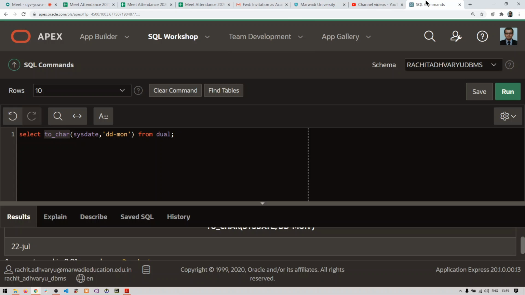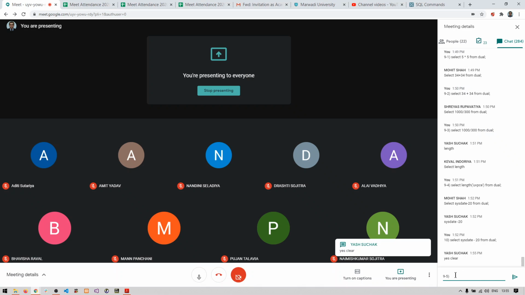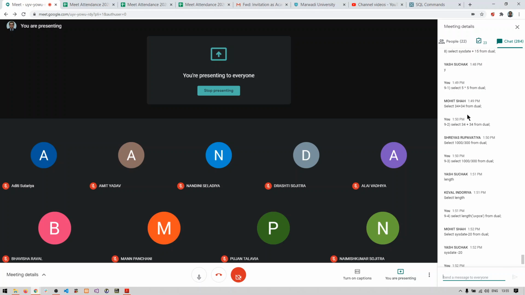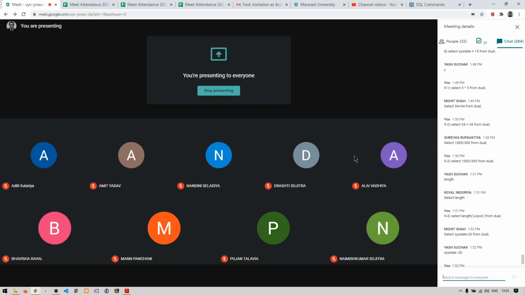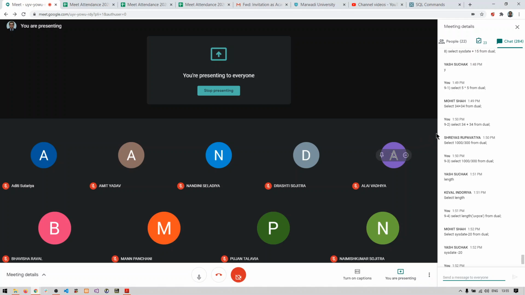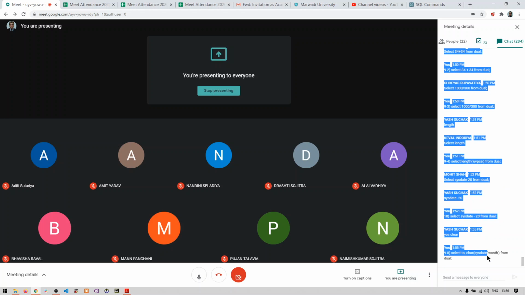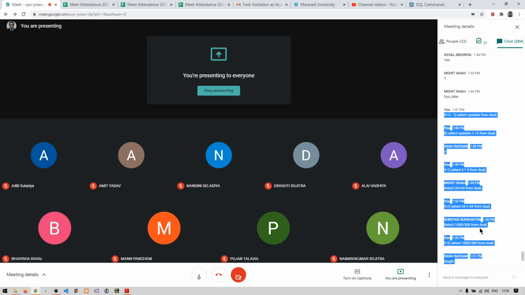Clear with this, guys? Everything. So I'll copy paste this particular query in that particular 9-5, so it is quite easy for you to refer. Students, make sure whatever query answers I have written here in this chat box, you copy it or store it somewhere, because after this meeting is over, you won't be able to access these answers. Starting from 7 to 9-5, you can copy it.